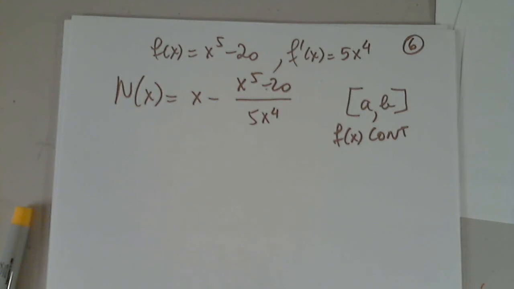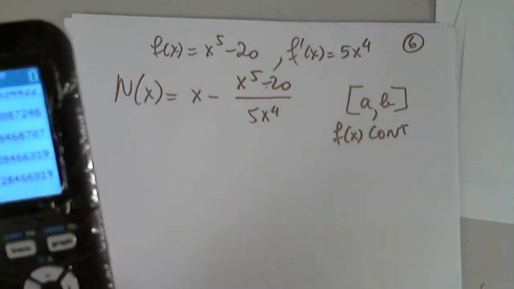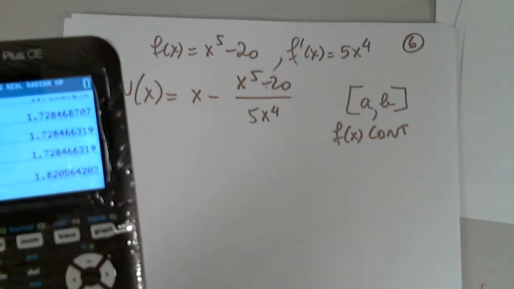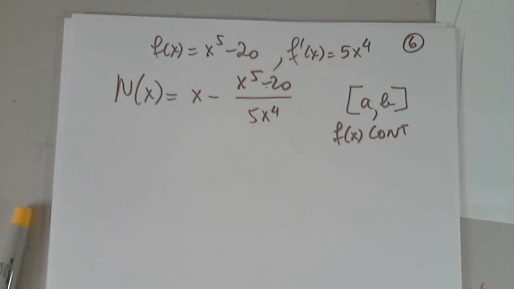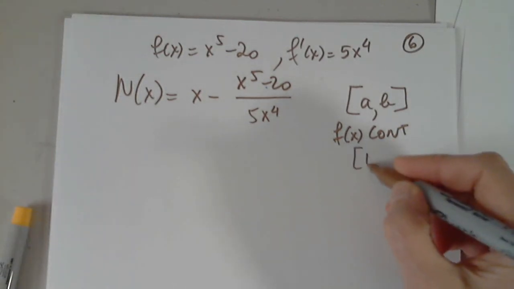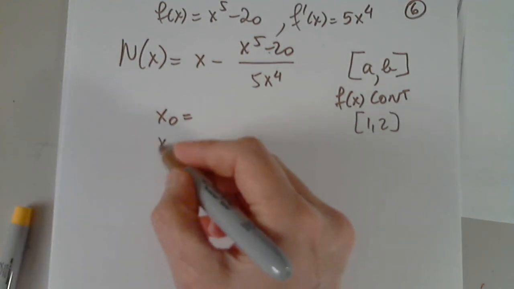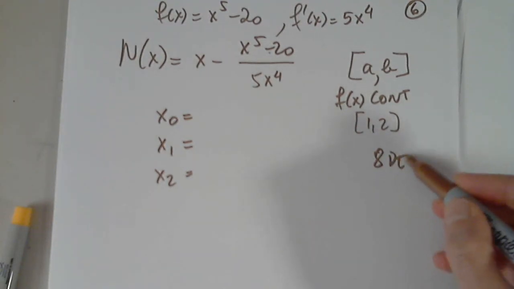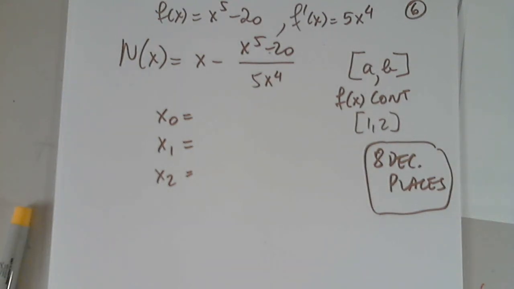I use the graphing calculator. So 20, you can say, but you are already approximating it now. Yes, but not with Newton's method. I just need to see, it's somewhere between 1 and 2. That's all I needed, because I need to start somewhere. So the interval again is 1, 2. You tell me where you want to start, and that's our starting point. And then we continue with x1 and then x2 till we get a repeat of 8 decimal places. And this is how we use Newton's method